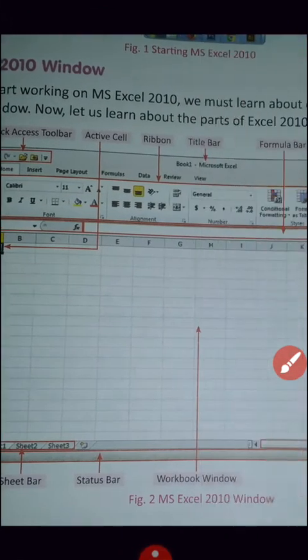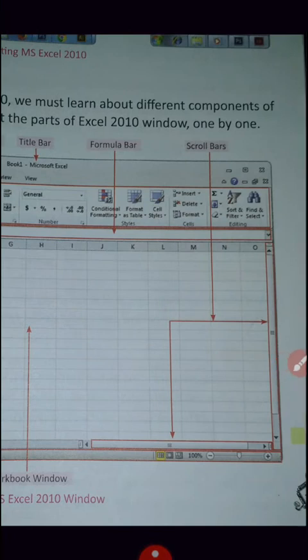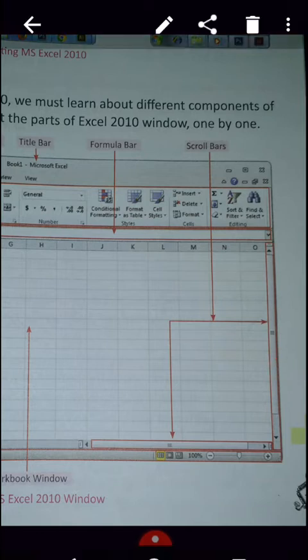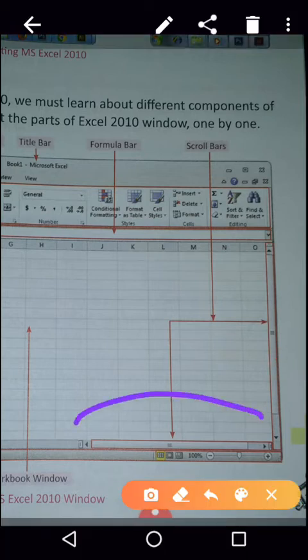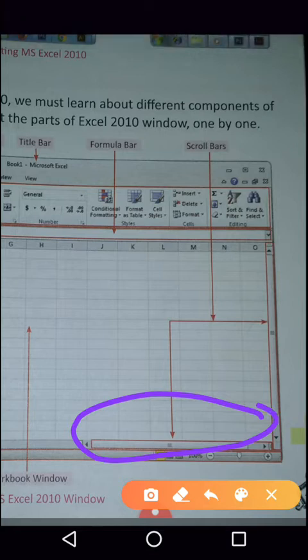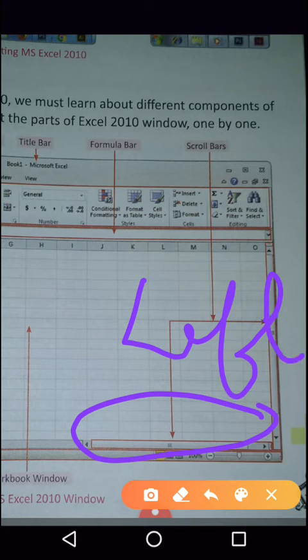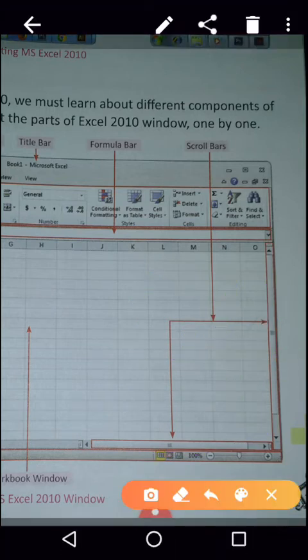After that we have a scroll bar. Scroll bar helps us to go upward and downward as well as right and left. This is a horizontal scroll bar which helps us to go left and right.